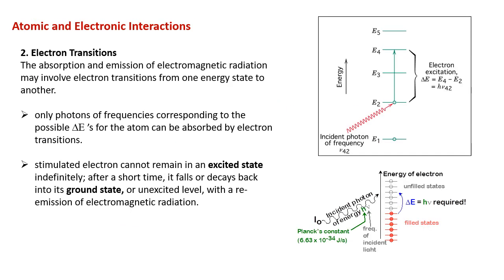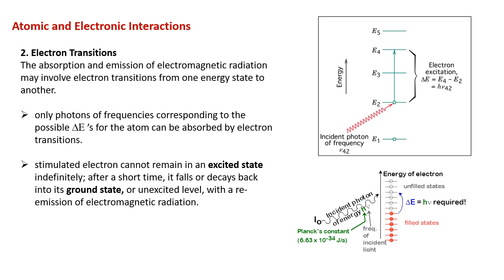The second atomic and electronic interaction is electron transitions. The absorption and emission of electromagnetic radiation may involve electron transitions from one energy state to another. Only photons of frequencies corresponding to the possible energy differences for the atom can be absorbed by electron transitions. A stimulated electron cannot remain in an excited state indefinitely. After a short time, it falls or decays back into its ground state or unexcited level with a re-emission of